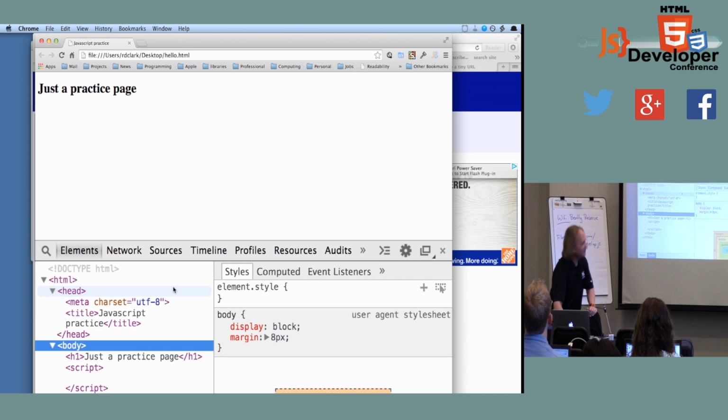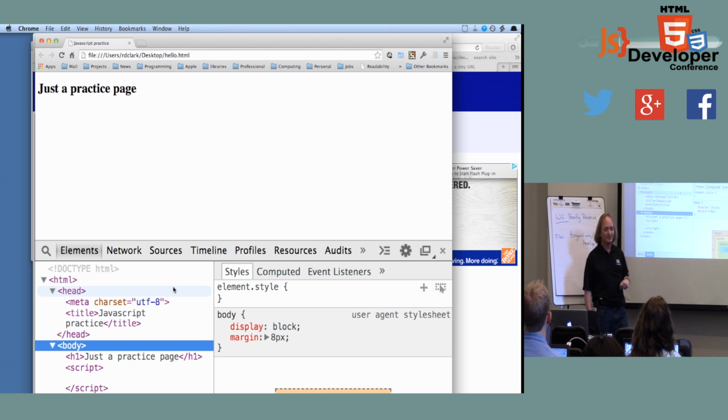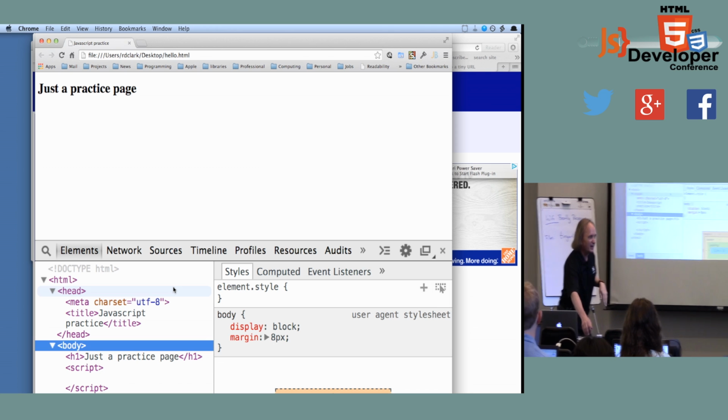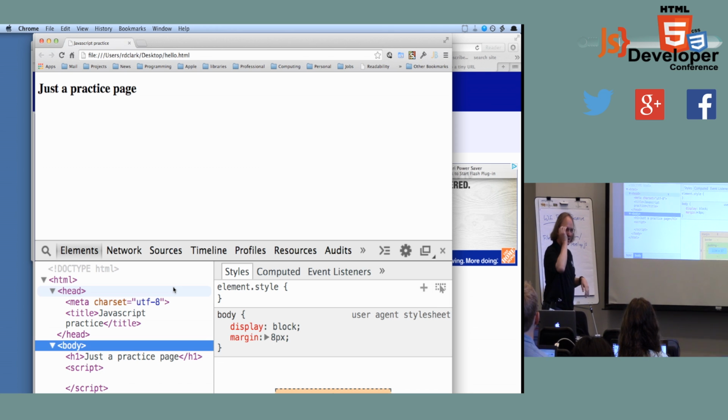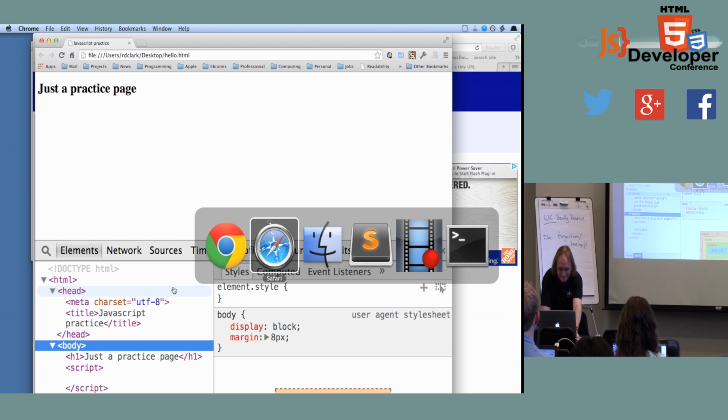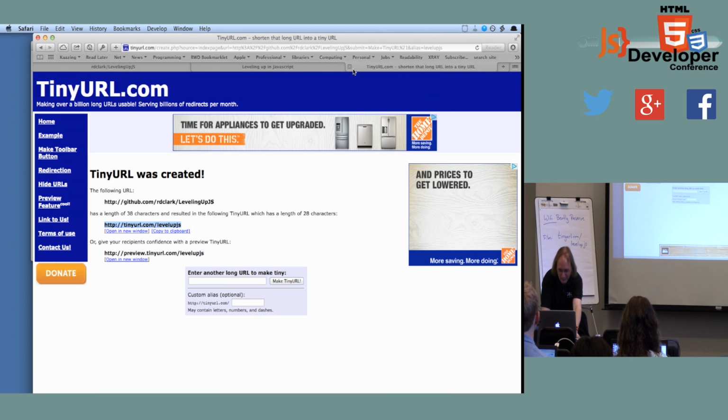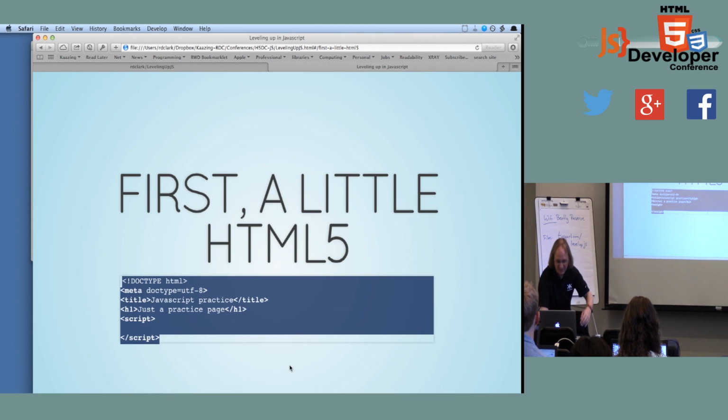See? When the browser parsed it, it actually inserted the other tags around. But because screen real estate on a slide is really precious, you leave those out. Also, because if you're writing for mobile devices, you want to try to minimize the number of bytes on the wire, so you use that shorter version of the markup. So, I know it's not an HTML5 class, but useful background there. OK, so anyway, a little bit of HTML5.